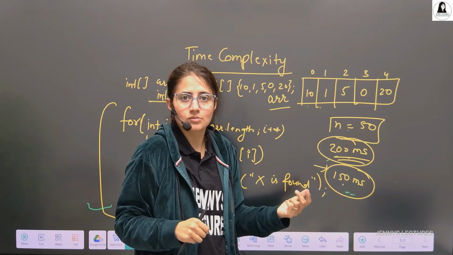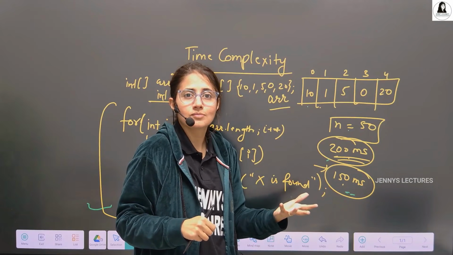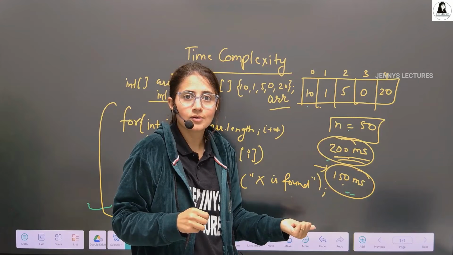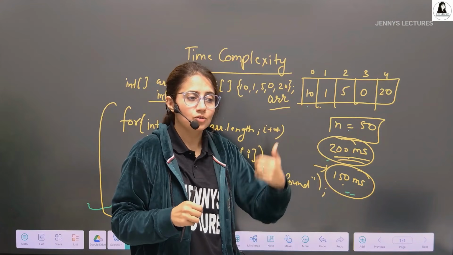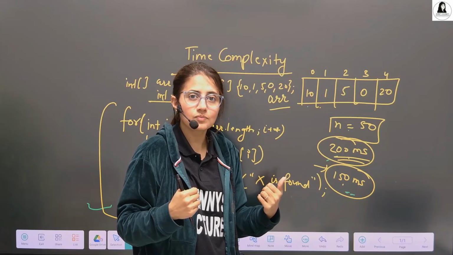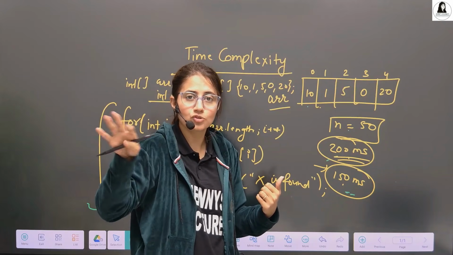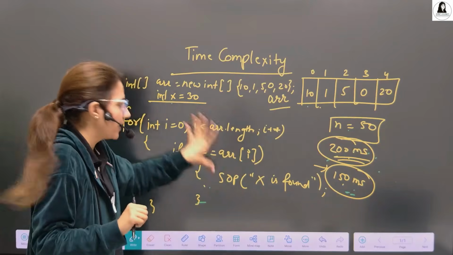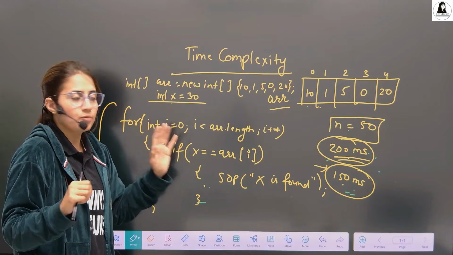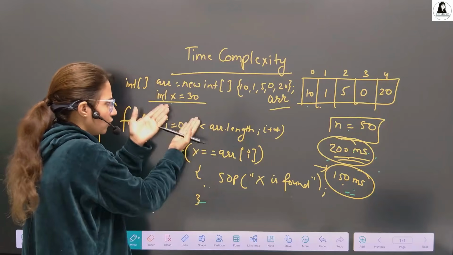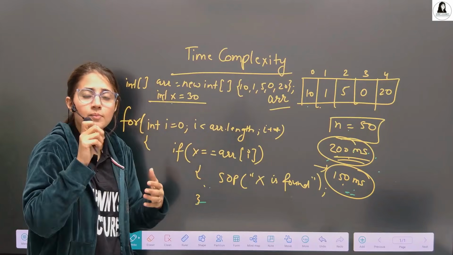There are so many resources: which processor you have, how many processes are running in the background, how many software you have in your laptop, the load on your machine, basically on that hardware. It depends on many factors. It is not time complexity. Time complexity is same. The time complexity of this algorithm or the approach you are following is same, because the for loop is same, the data is same, and everything is same. So time complexity is same.